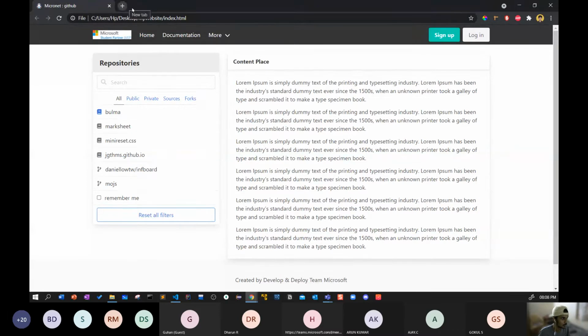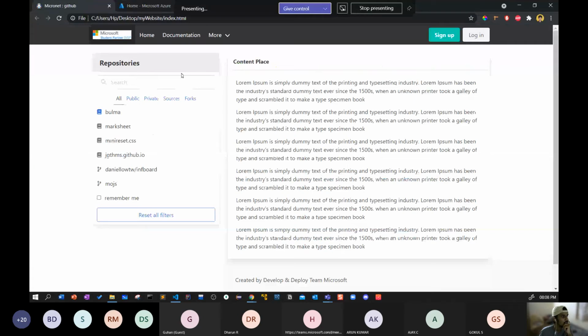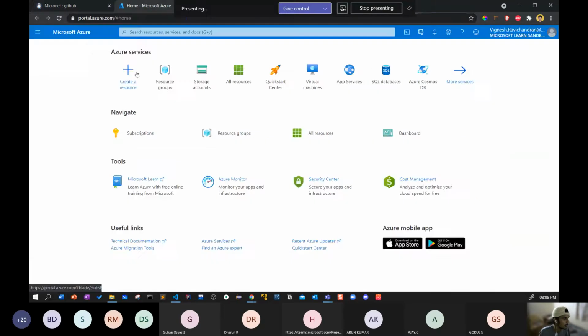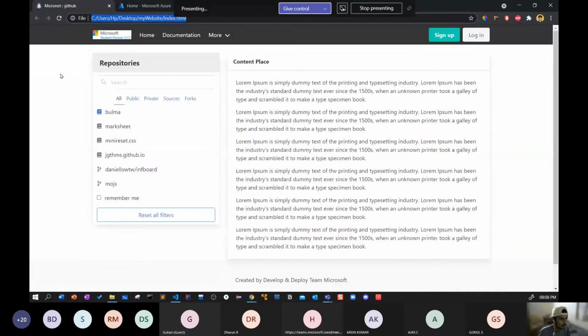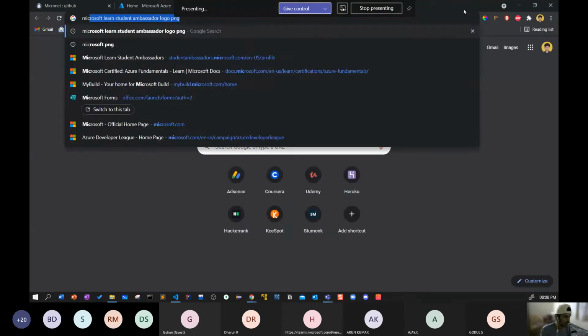Okay, we have a website here, in what format? It's in local storage. You can see in my C folder, users, HP, desktop, my website. Inside my website folder, we have the index.html. Now we're gonna push this into Azure. Then we can access it by using a link